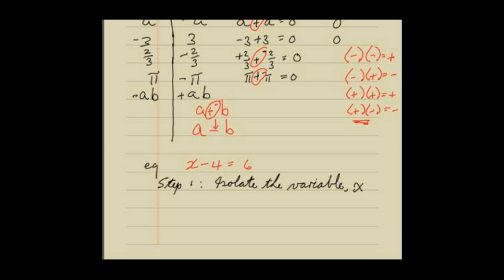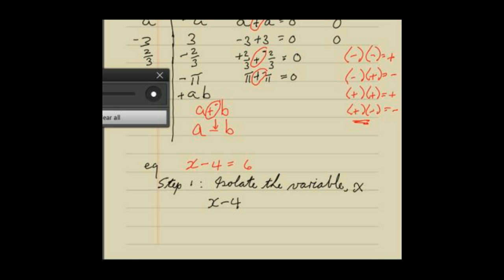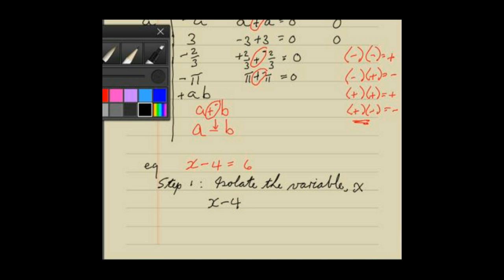So what we're going to do then is go x minus 4, now the opposite is plus 4, is equal to, and since we had put 4 on one side, the next step is to